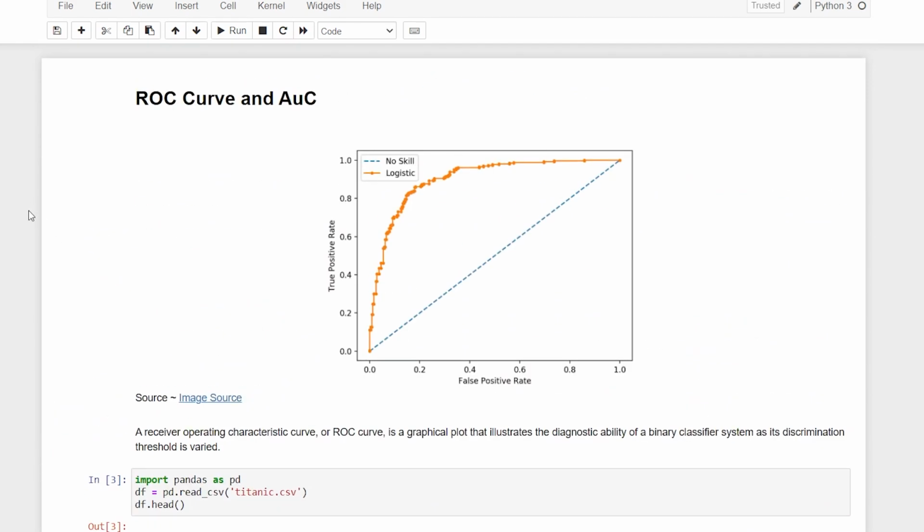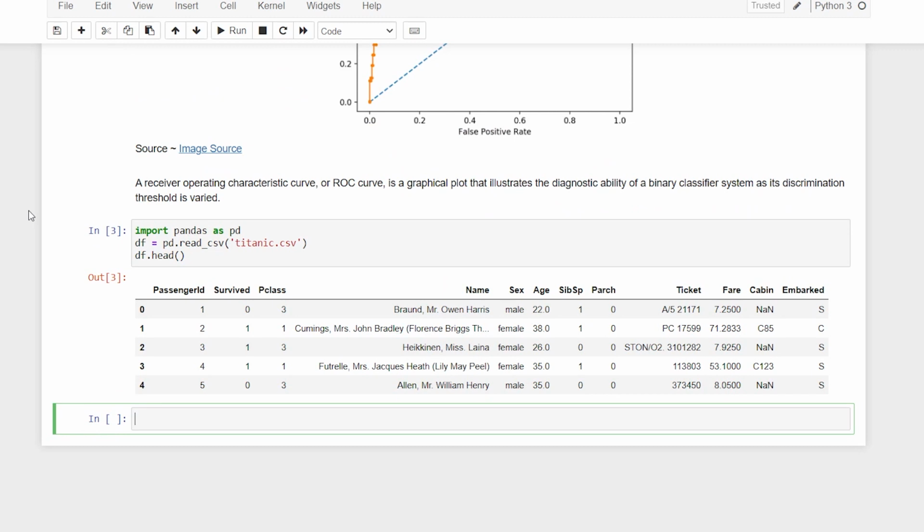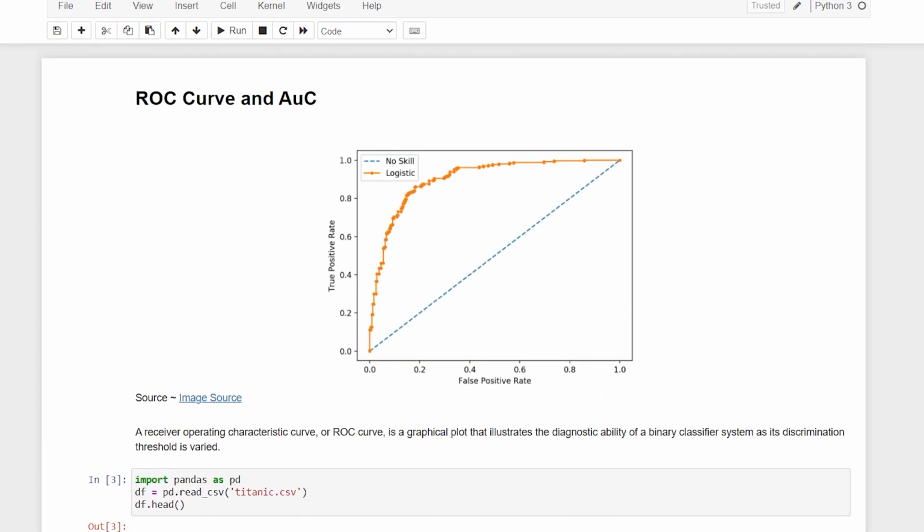I can actually do it for just logistic regression, but I want to do it for, let's say, the AUC also. This is a completely practical tutorial, but please assume that on the y-axis you always have the true positive rate, and on the x-axis you always have the false positive rate. This is the ROC curve that has been plotted with respect to each and every single threshold value with the respective probabilities. And here another curve will come of another algorithm, and you have to differentiate between them to select which area under the curve.